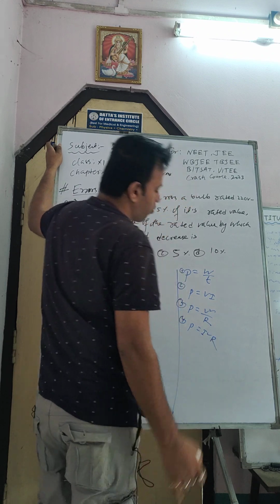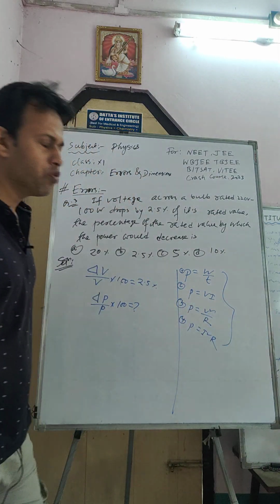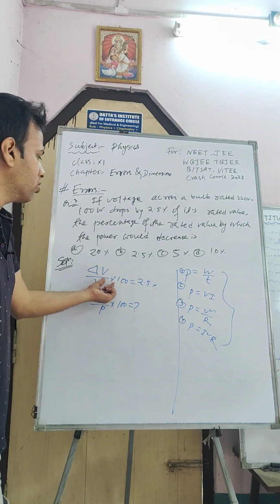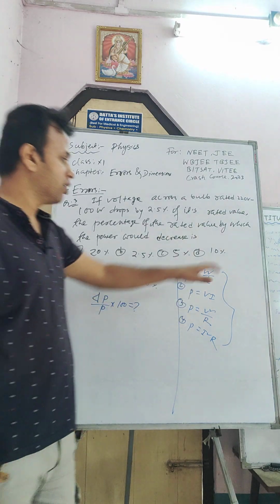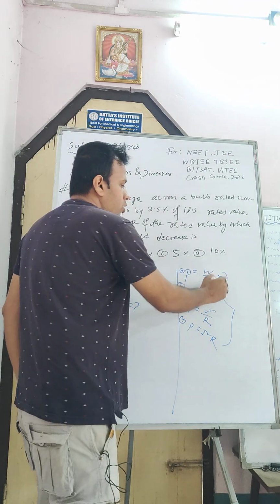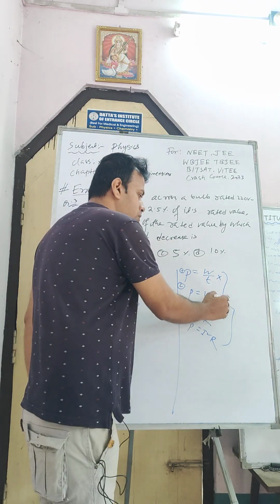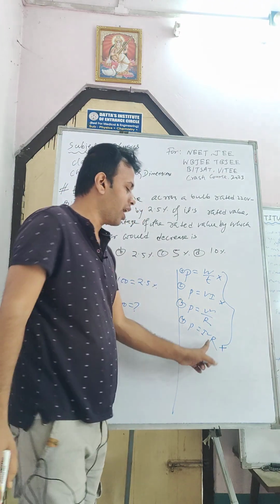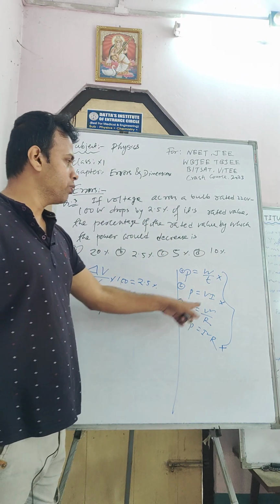So sir, which formula should I use here? This is the question. These are the 4 formulas of power, but which formula should we use here? Here only the errors or percentage change in voltage is given. Nothing else is given. If you take this one, work done is not given and energy is not given, so this formula will not be applied here. If you come here, V is given, I is not given, so this formula is also not usable. If you come here, I is not given, R is not given, so this formula is also not used. Only this formula is left, P equals V square by R.